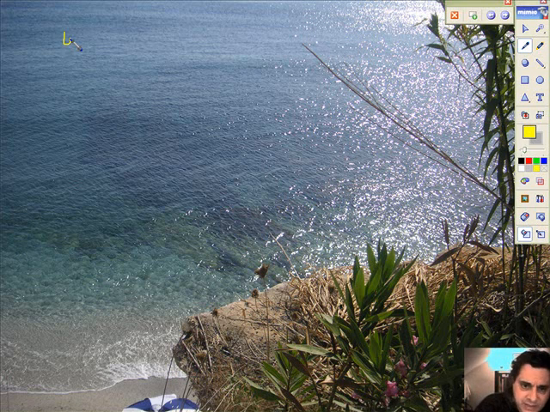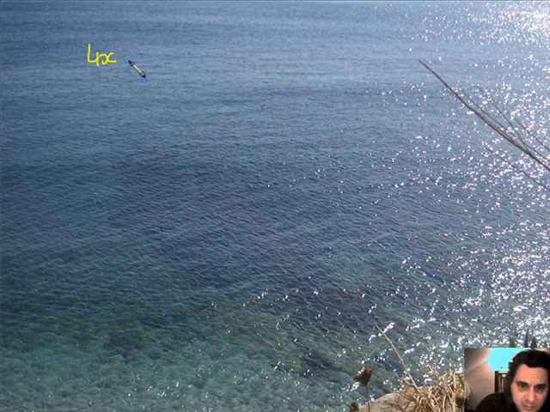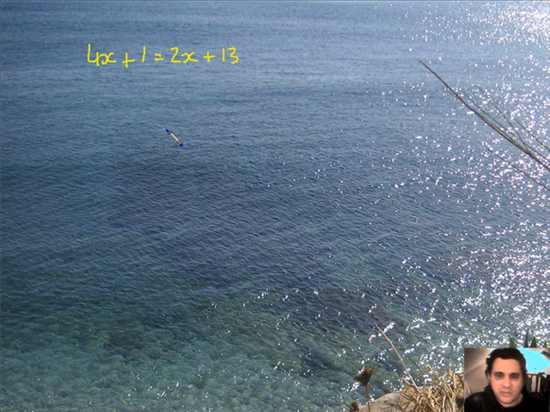Now it says 4x plus 1 equals 2x plus 13. Now these are grade D ones. They're not a complete joke, honestly. The idea is to get the x's to the left hand side and all the numbers to the right hand